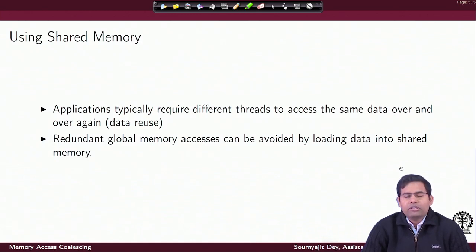So we know that this is the principle of locality or data reuse. I have a principle of locality which is spatial as well as temporal. So different threads may need access to the same data, or threads may need access to data points which are located in neighboring regions of the memory. The primary thing is, since different threads would need access to the same data, if I keep the data in the memory, at some point some other thread will require the data. And also if I bring data in chunks,